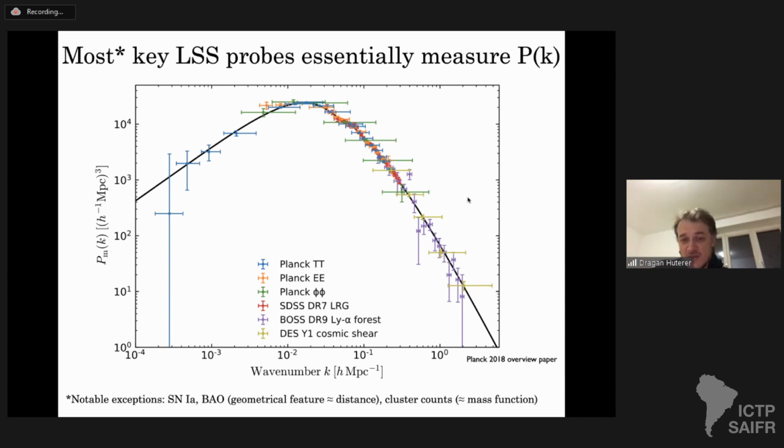Can you do the same thing with type 1a supernovae? You cannot, because they fundamentally do not measure clustering. They don't measure the power spectrum, they measure distances. So this can be done only for quantities that measure clustering of galaxies, CMB hot and cold spots, other kinds of things. Okay,